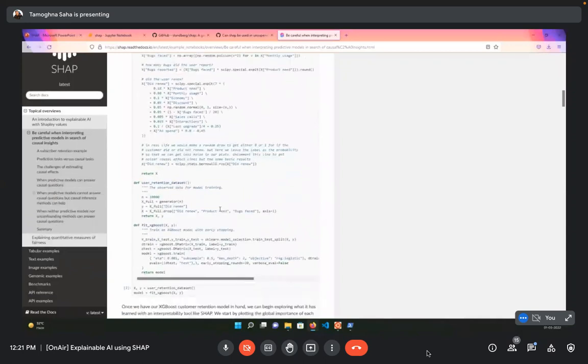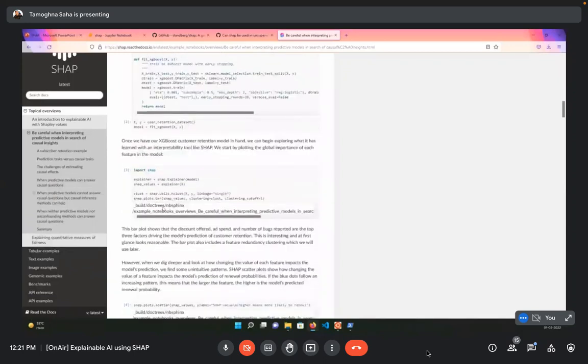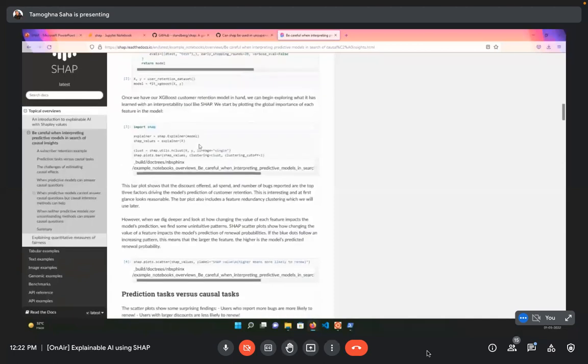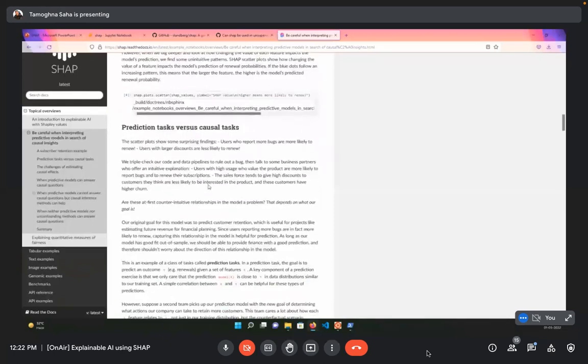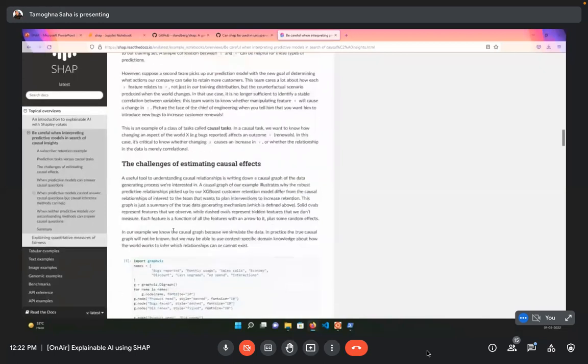They're just creating some random variables over here, and I think they have some error in the way they are showing the plots. But mainly in this section they are talking about how customer retention can have totally different information compared to what SHAP is providing. So this might tell you that higher bug reporters are more likely to stick to that particular product, and thereby they are the most loyal, and hence have a high chance of retention. So you can check this part out. I do not have any other examples ready at hand, but this might be a good starting point.